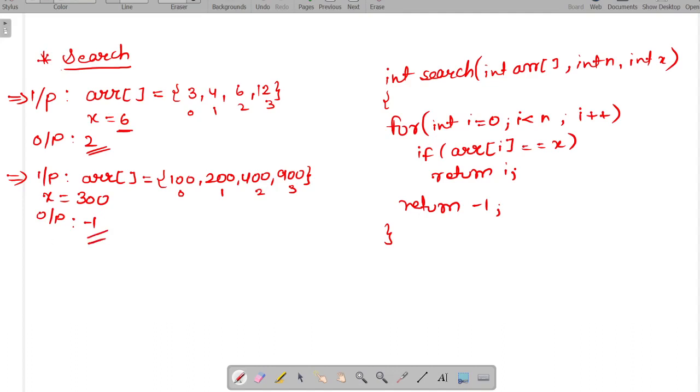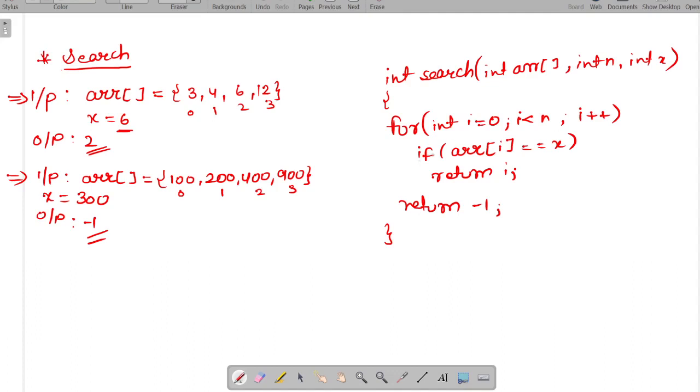Now let's see how we can write the code for this. Simply, we have to write a search function which takes three parameters: array, integer n and integer x, where integer n is the size of the array and integer x is the number that we have to search in the array. First, we will run a loop from the start till the end of the array: i equals 0 to i less than n, where n is the size of the array, and in every iteration we do i plus plus.